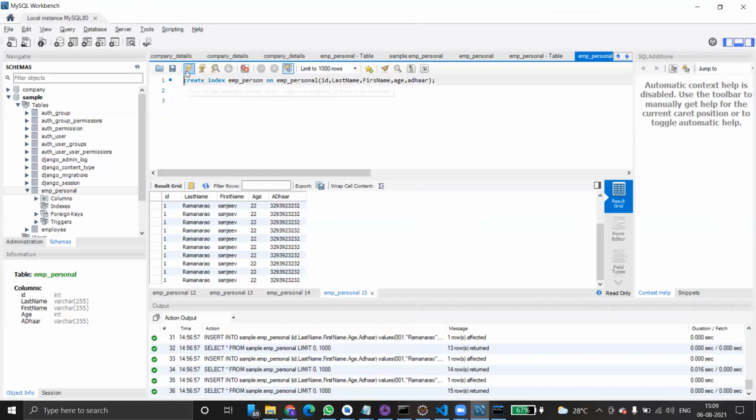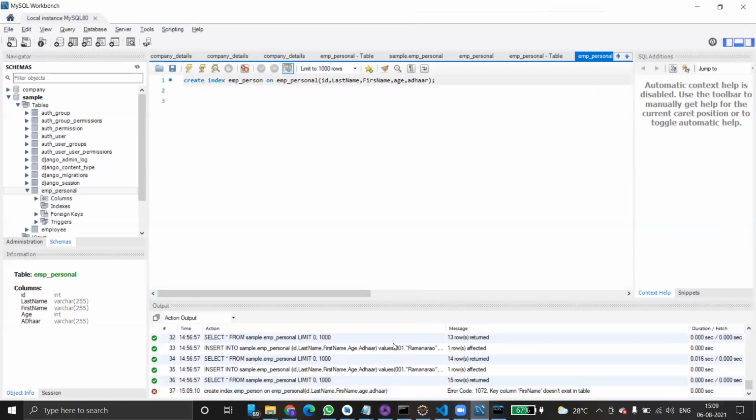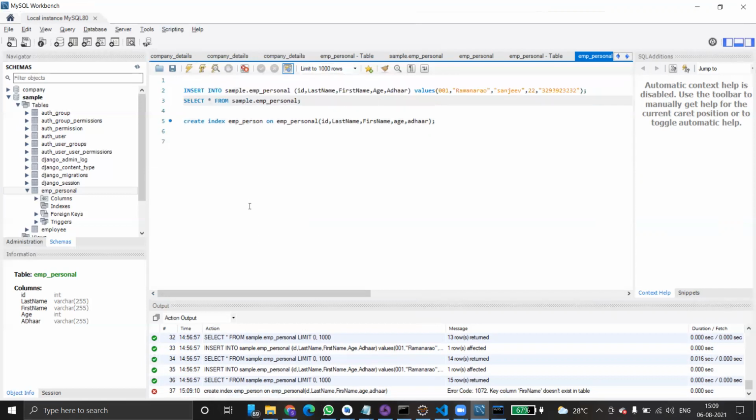Let's execute this program. Create index. Let me create once again.